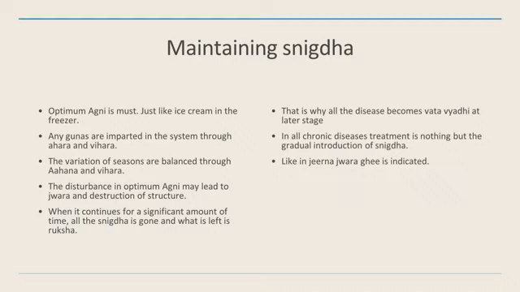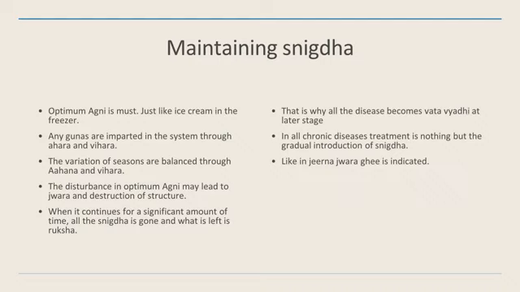So when it continues for a significant amount of time, all the snigdha is gone and what is left is ruksha. This is what happens in all kinds of diseases, in the long-standing diseases. That is why we say that all the diseases become vatavyadhi at the later stage, because all the snigdha is gone and what is left is ruksha. And that is the reason that all the chronic diseases towards their end